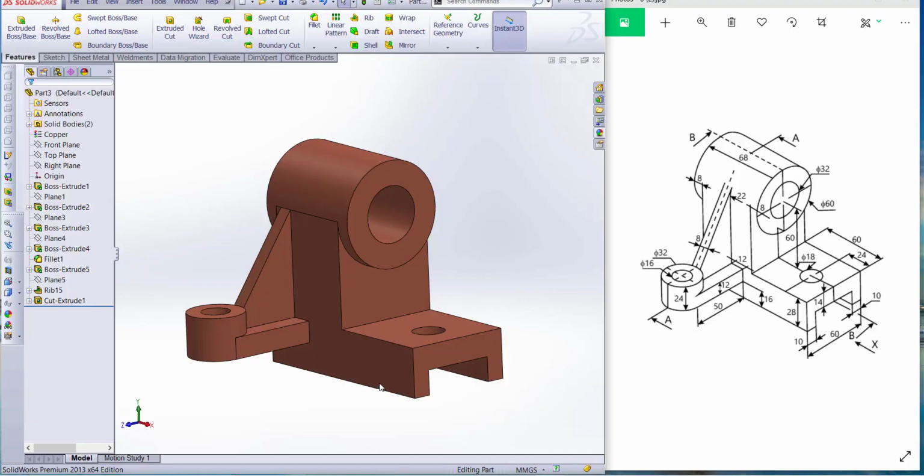So today we are going to make this part with the help of this sketch, and this is our exercise